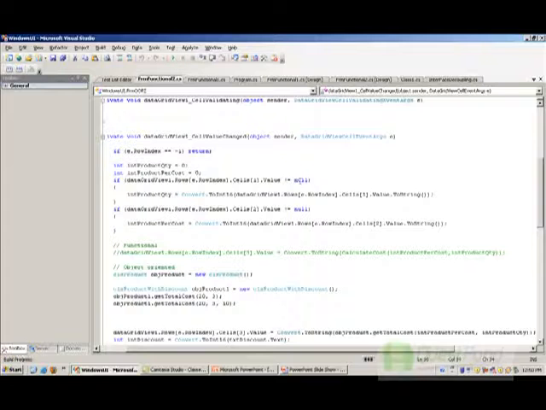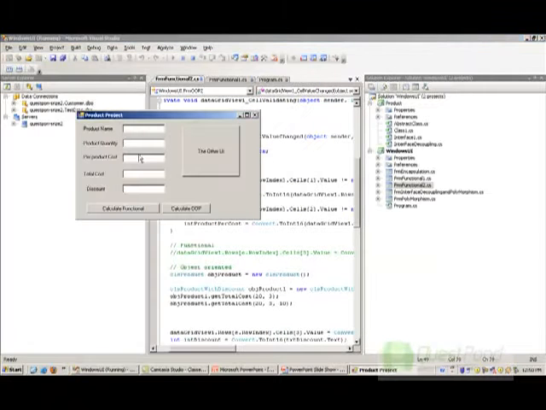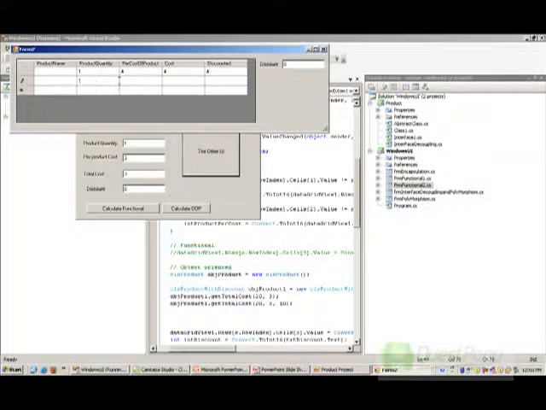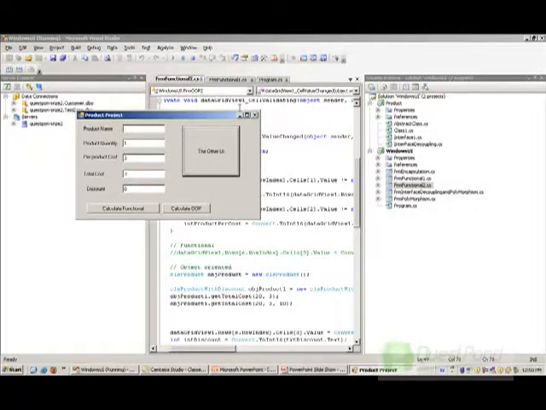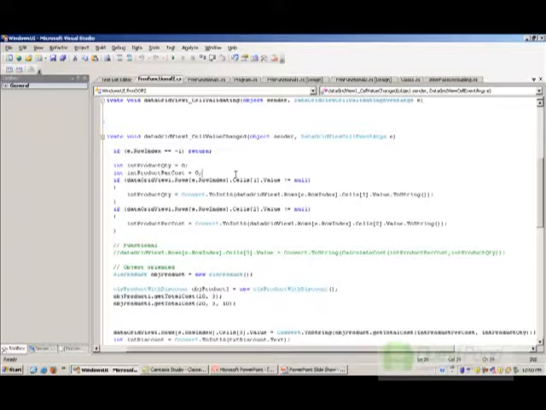If you run this project, you can get the source code from questpointvg.com. Let's put the discount as 0 currently. Here I entered one quantity, and let's say I entered 4, and I say calculate by object-oriented programming, I get 3. And the same code I have used in my second UI, which is a data grid entry. Again, the same thing here, and you can see that it calculates the total cost. This one is more of a grid entry kind of screen, while the first one is more of a single entry. But both of them use the same class, and because of this, we have decreased redundancy and increased reusability.